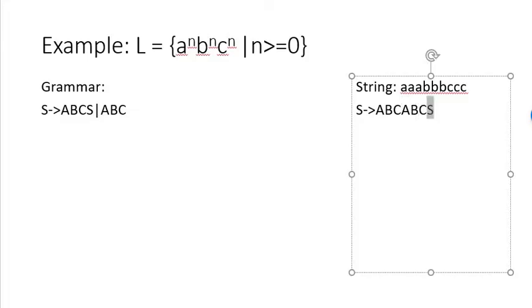Now again what I will do, I will replace this S by simply ABC because we want 3 A's, 3 B's and 3 C's. So I will replace it by ABC. Right? But here the problem is we needed 3 A's together, 3 B's together, 3 C's together, और यहाँ पर 3 A, 3 B, 3 C साथ में नहीं है, separated है। So now we have to combine all A's together, we have to combine all B's together and we have to combine all C's together। तो उसके लिए क्या करना पड़ेगा?